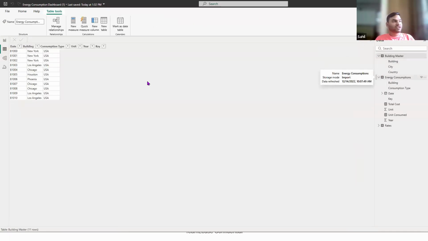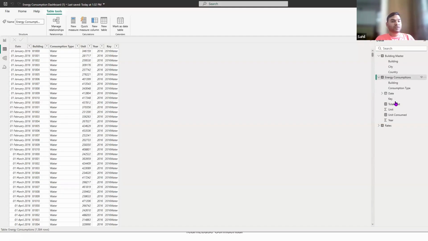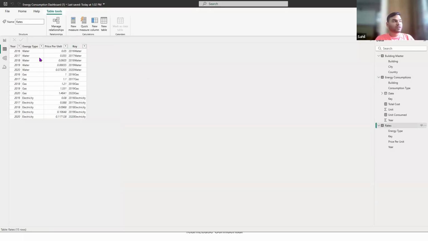They talk about the data of the energy consumptions across the different months. And then how the rates are there for the energy. What is the energy rate for the water? What is it for the gas and the electricity, right? Now, as you can see, we have three different tables available with us here. And so my first priority is,